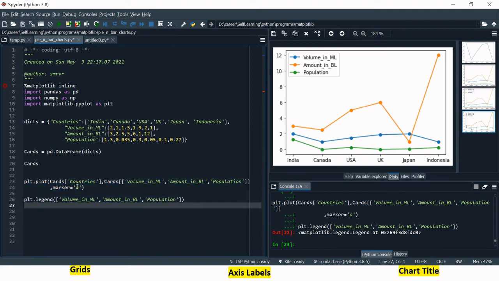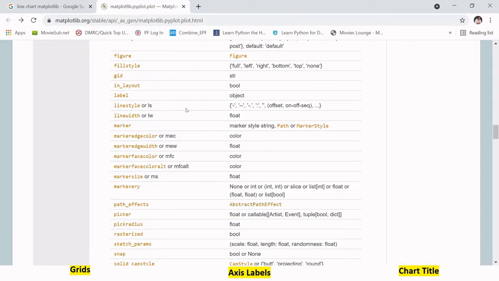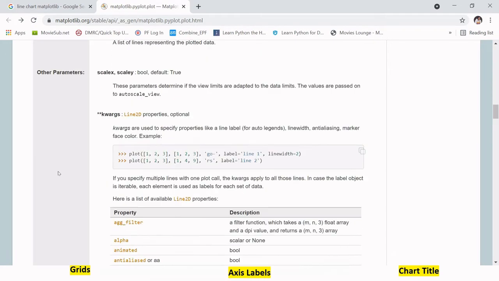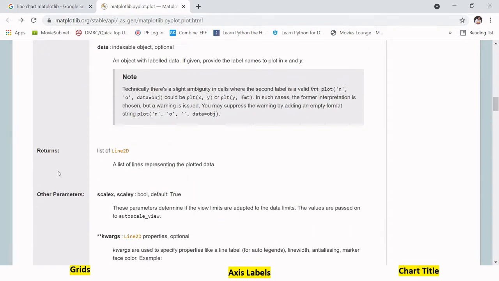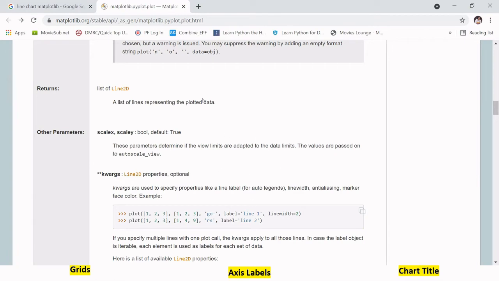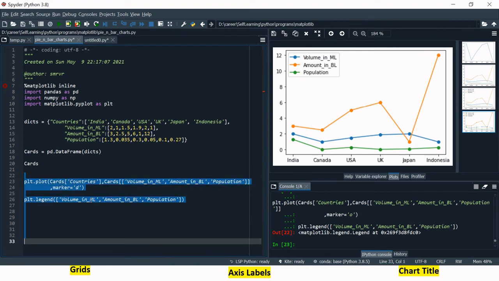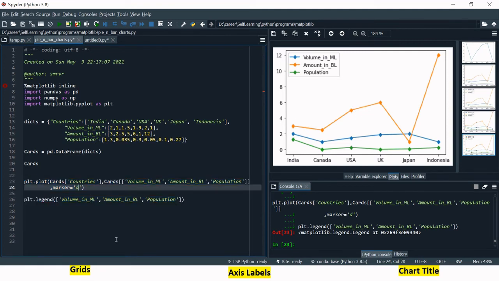All right, so you can change the marker shape. How can you know what all the marker shapes available in matplotlib are? You can just refer to this site, which is the official page for matplotlib. I'll be providing you the link in the description. Just refer to that and you can get to know the acceptable list of markers, and you can choose any one of them over here. All right, let's say you want to make it a diamond shape marker. How can you do that? Just type D and this will be created. I'm going to keep it circular.